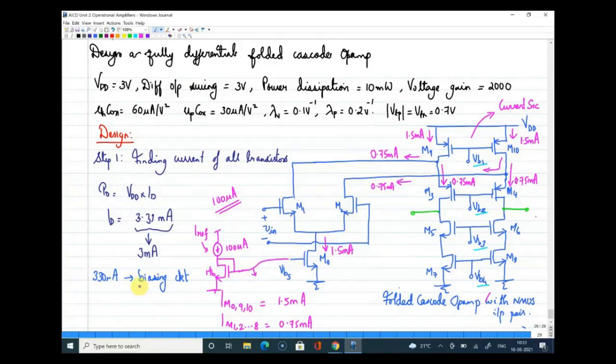So when I talk about the total power dissipation of a folded cascode op amp, we have many biasing parts. I have a biasing part here, VB5. Similarly I need to bias VB1, VB2, VB3 and VB4. I need some current in all such cases to bias the transistors separately. That is why I kept 330 microamps apart, just to include the current flowing through all such biasing networks. Is that clear for everyone what I was telling?